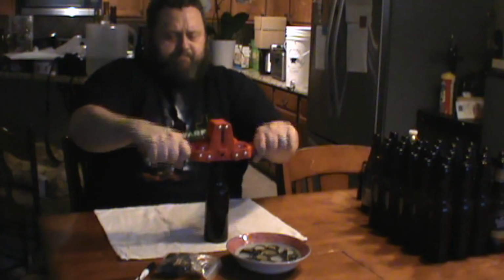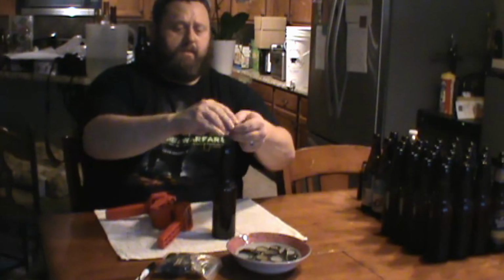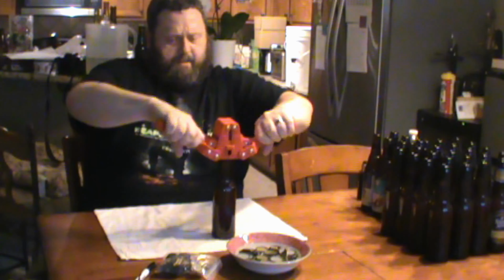You know, putting the cap on, you just take the cap, set it on top like that, grab your capper. It's going to grab the bottle just like that. And once you do that, I have a little box that I put them in. It doesn't take very long at all. It is a little tedious, but at the same time, I just think about how good all of this beer is going to be